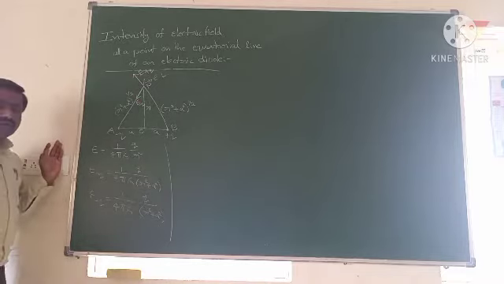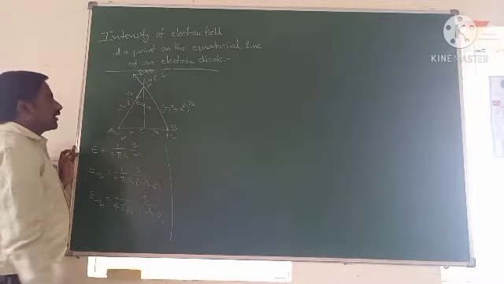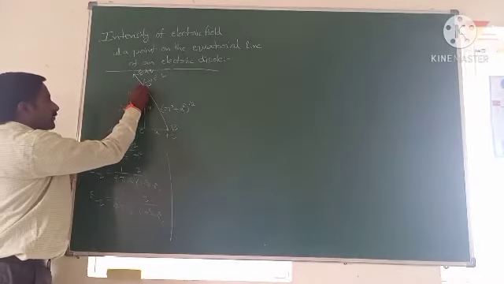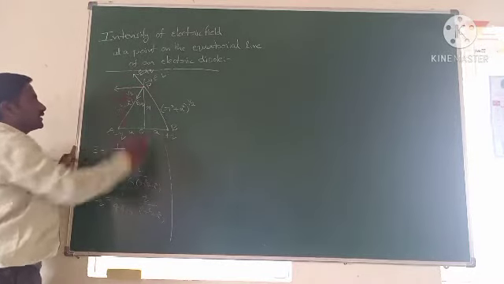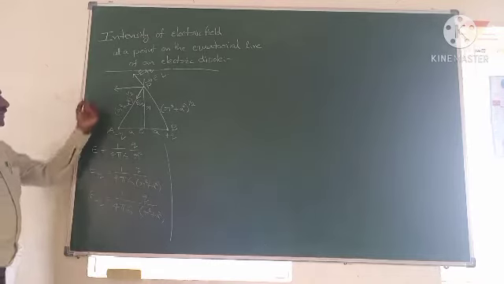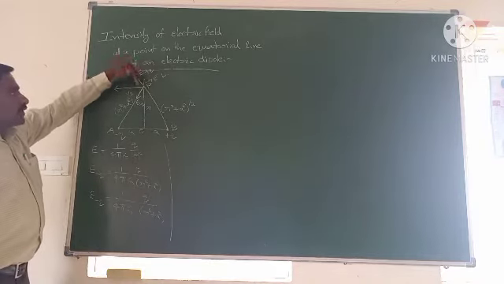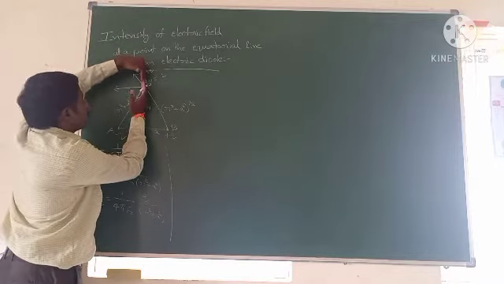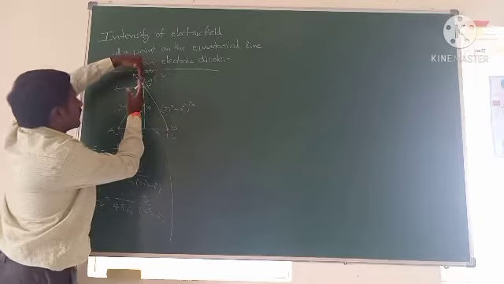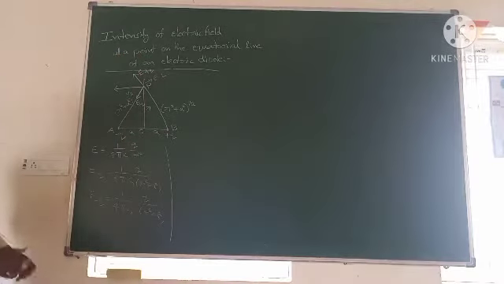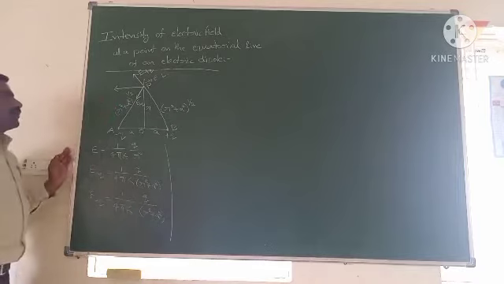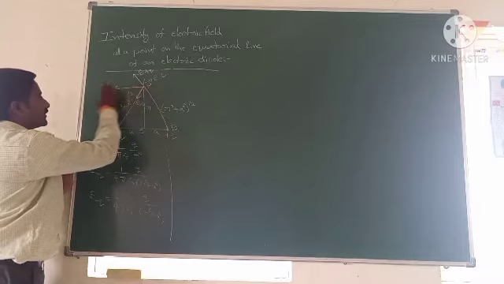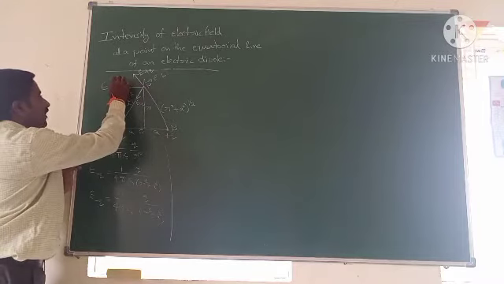In first year we studied about vectors. So according to that concept, here each component will be split into two components. One is the cos component term and the other one is the sin component term. In this case, sin component terms will be cancelled because those sin component terms are perpendicular to the dipole axis and are of the same magnitude, opposite in direction. So the sin theta components will be cancelled. Then the resultant electric field direction is along this direction. So this is the cos theta component term.